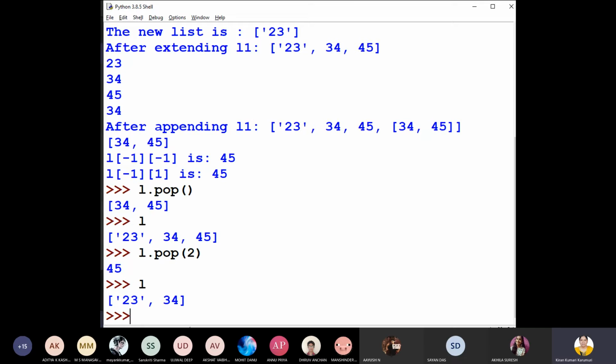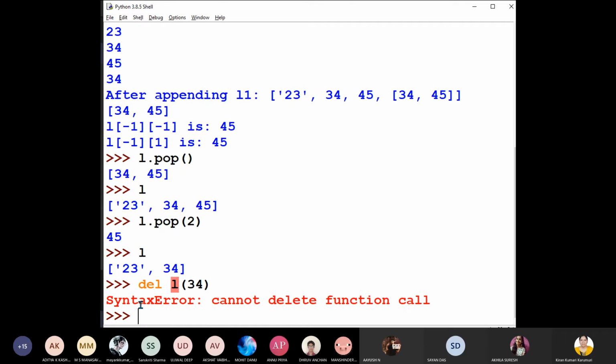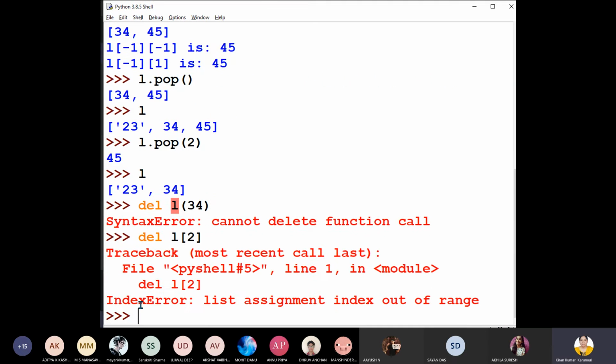So delete. Syntax बताओ ना? What is the syntax? Tell me, children. So now what will be the result?